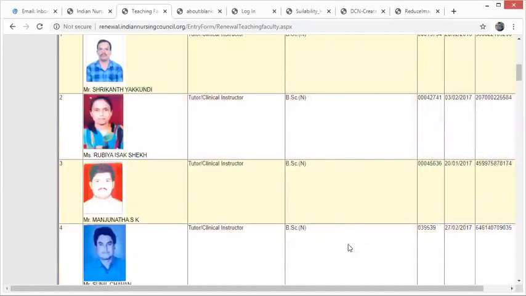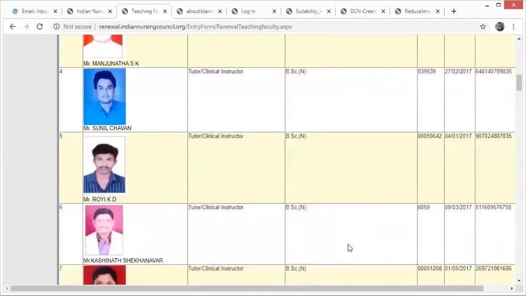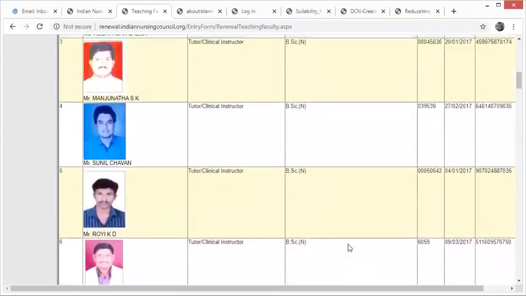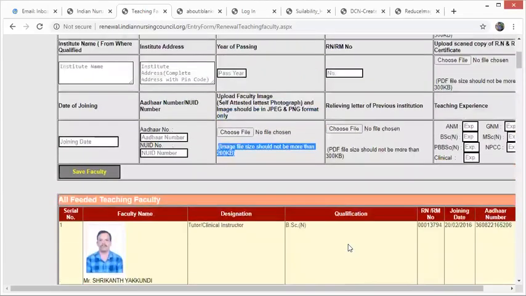Because whenever you're uploading, you can upload the correct photograph. Otherwise, if you just go on image, it will only give the same photographs against each faculty. These are the general mistakes all the institutions are doing. And remember, the scanned photograph from the qualification certificates will not be accepted. It has been observed many are giving the black and white. Black and white is not an issue, but the scanned photograph from the qualification certificates will not be considered. So you have to give a colored and preferably self-attested photograph.